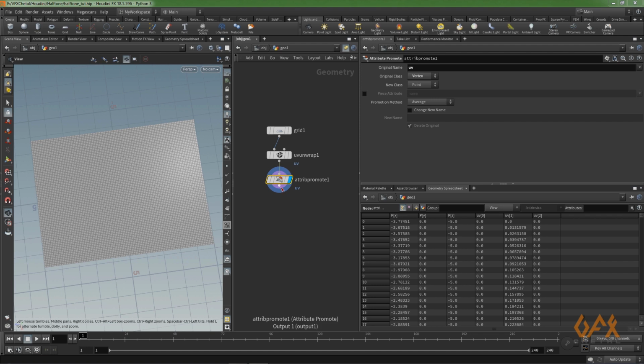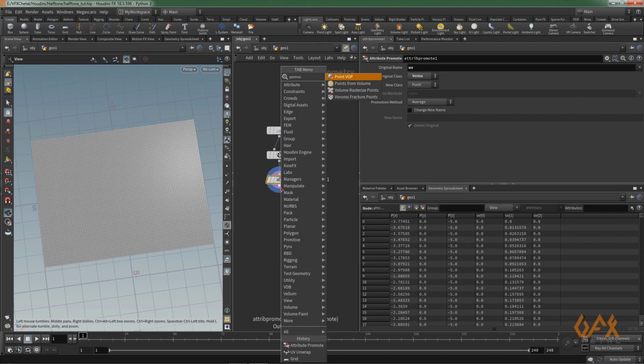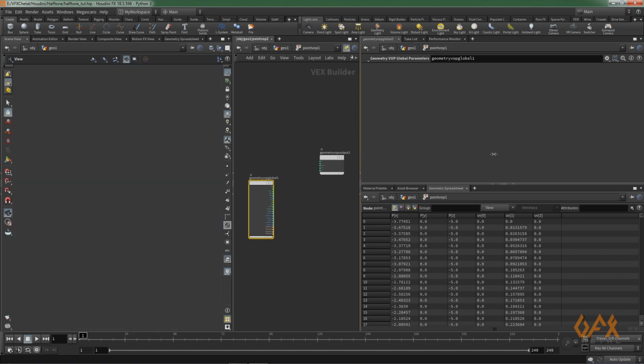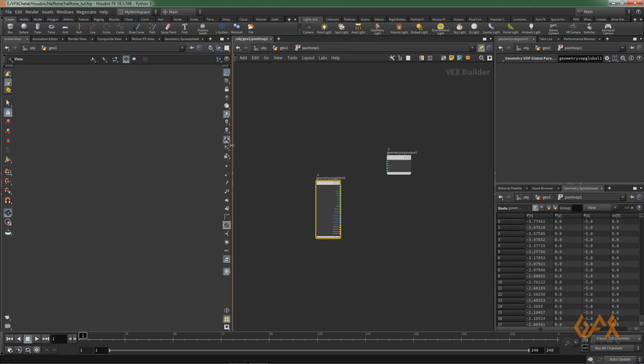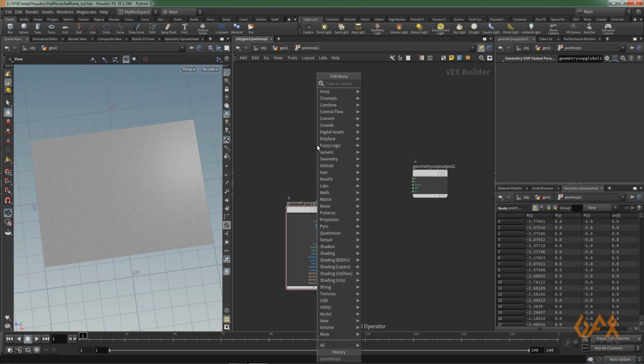Now over here I use one point VOP. Okay, just go inside. Now over here first of all I create one operator, that is Color Map.